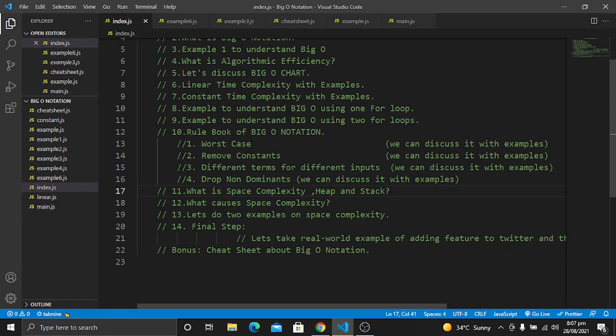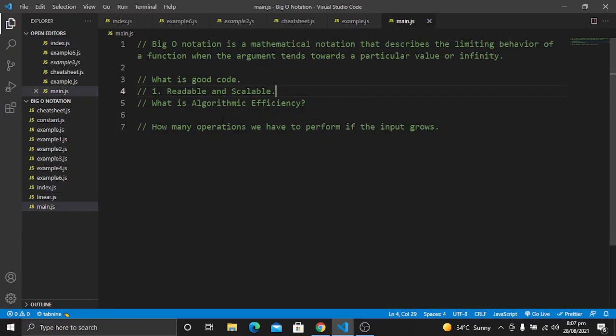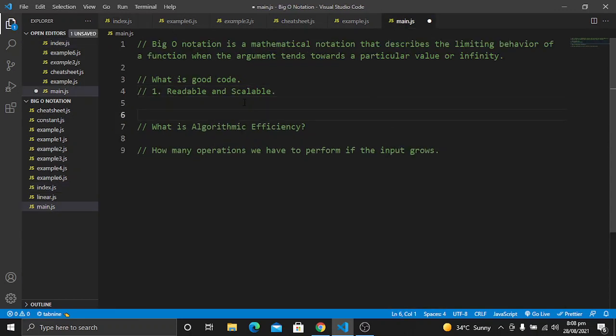So let's move to the main page, and the next topic is space complexity, heap and stack. As you will see here, when we started this tutorial we learned about readable and scalable code, that is, what good code is.